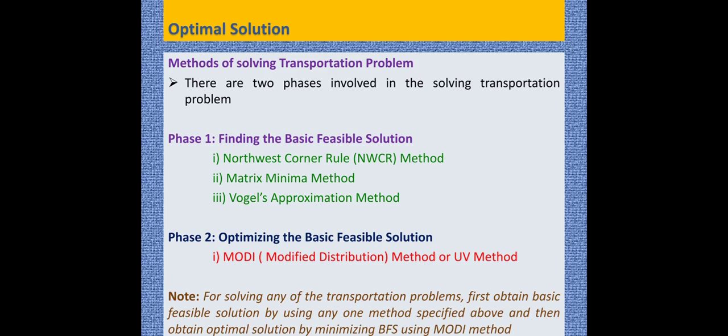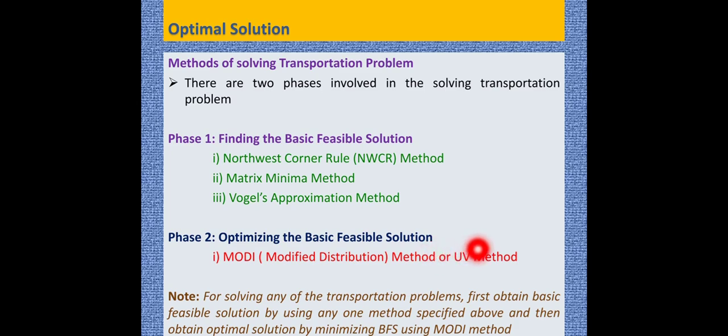Methods of solving transportation problem. There are two phases involved in solving a transportation problem. Phase 1, finding the basic feasible solution, that is using the northwest corner rule, NWCR method, matrix minima method or least cost entry method, and Vogel's approximation method. All these three methods have been discussed and one problem on the three methods has been solved. Phase 2 is optimizing the basic feasible solution, that is nothing but the MODI, modified distribution method,